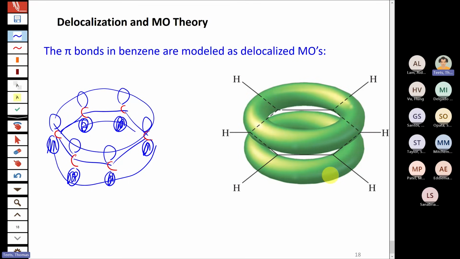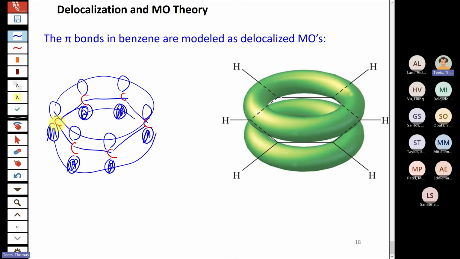So again, molecular orbital theory allows us to formulate orbitals that are delocalized over an entire molecule. We're no longer restricted to having just two adjacent atoms with overlapping orbitals making a bond. We can have orbitals that are delocalized over much larger regions. And in benzene, the pi orbitals are delocalized over the entire ring. This is the lowest energy orbital, and there are some higher than that, and you end up filling up all the bonding orbitals, and that leads to those pi bonds that you would have in benzene.